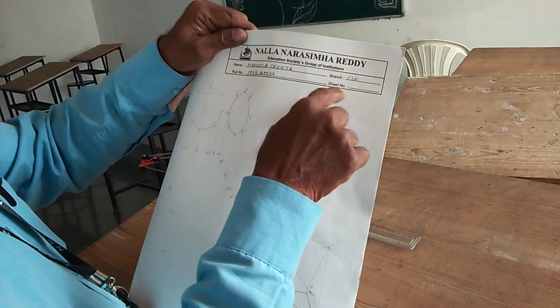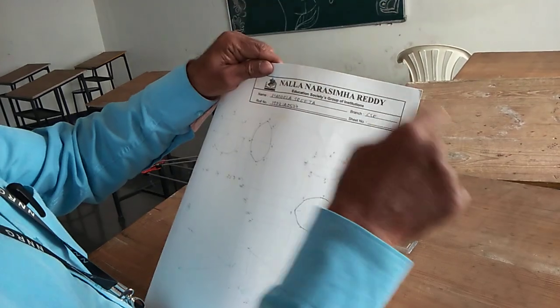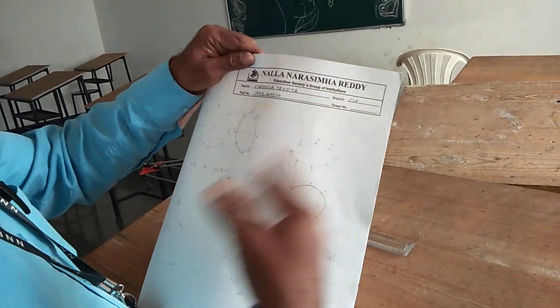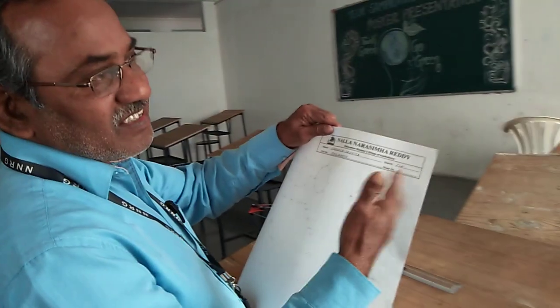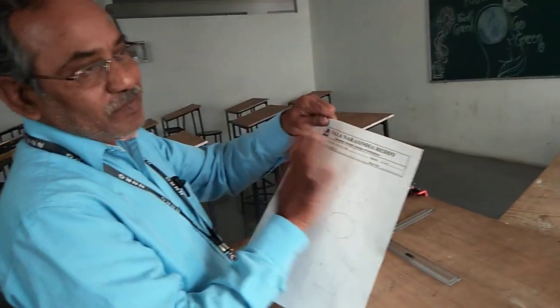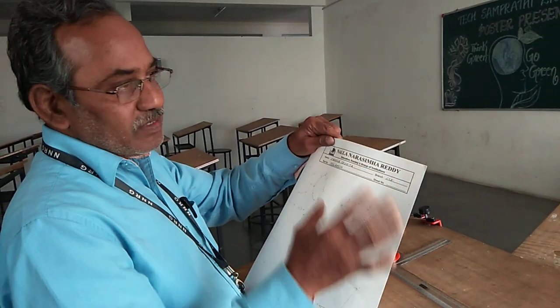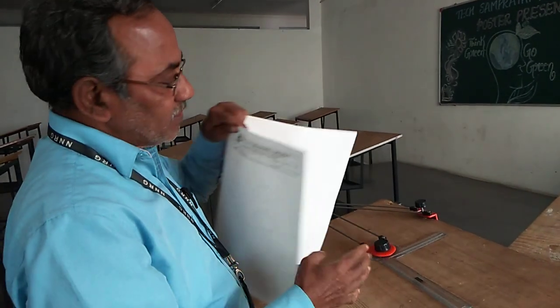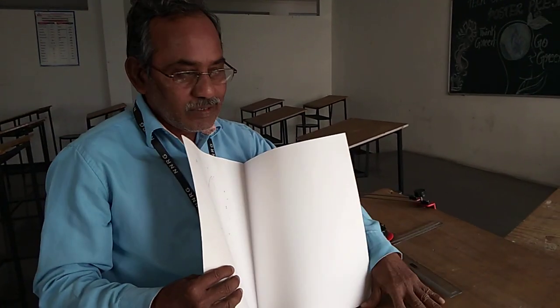So this should not be there, but to facilitate you, because all of us are friends now, that's why they want to make things easy for you. So they have given the printed one. So there is the name and the title box. All those things I will be detailing in the theory class. Here, let us see how to fix the mini drafter to the drawing board.